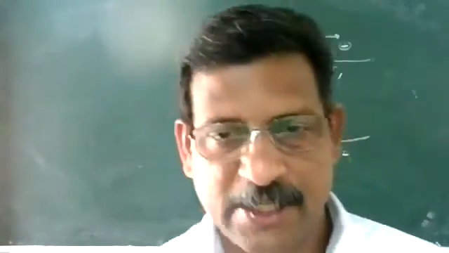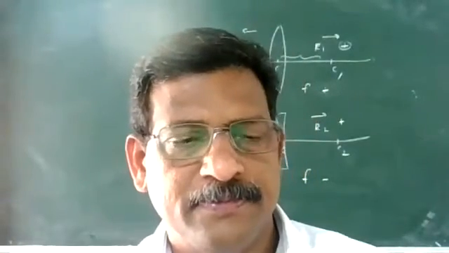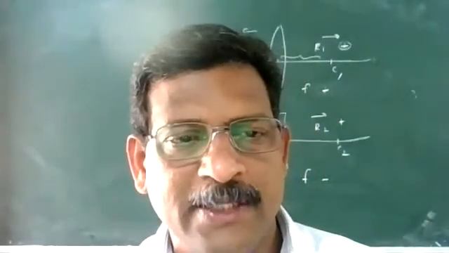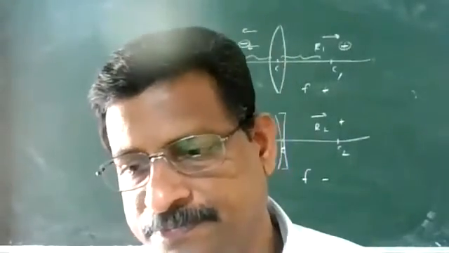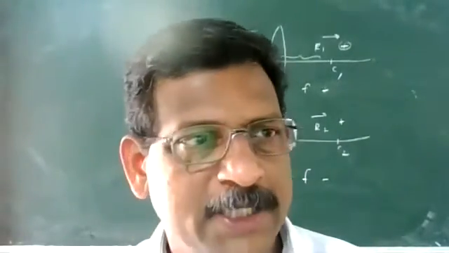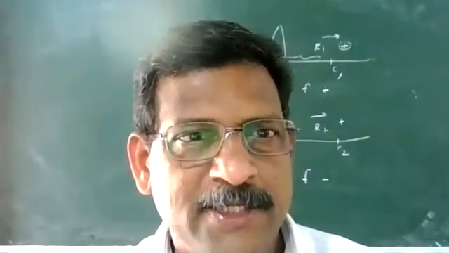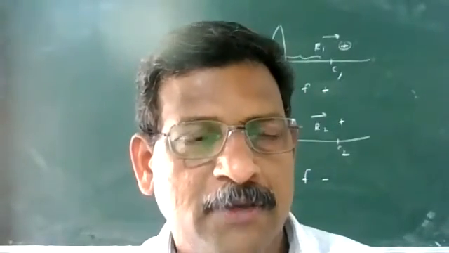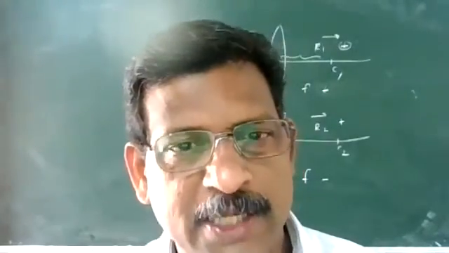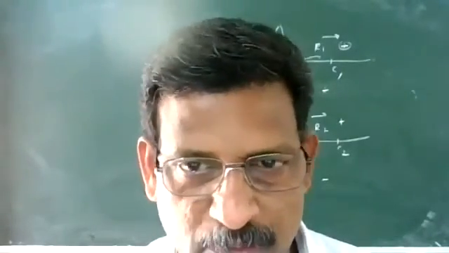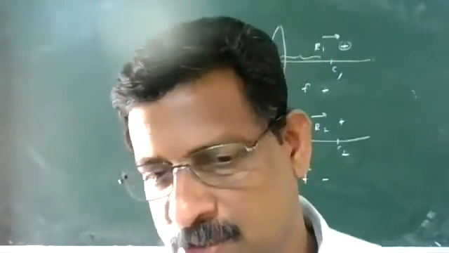Okay, I am just giving one example. You have a convex lens. Its focal length is 15 centimeter in air. When it is placed in air, focal length is 15 centimeter. The refractive index of the convex lens is 3/2, and when it is placed in water of refractive index 4/3, what would be its focal length? Is there any change? If there is a change, what is the change?